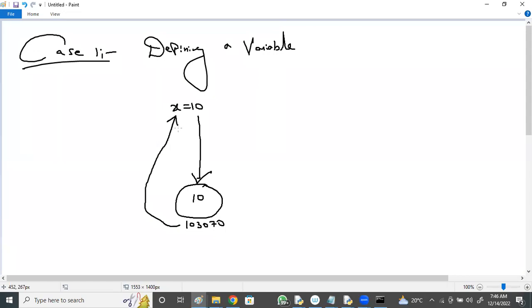What x stores, don't say x stores 10. X stores the address.